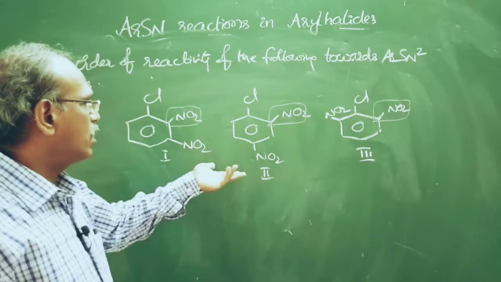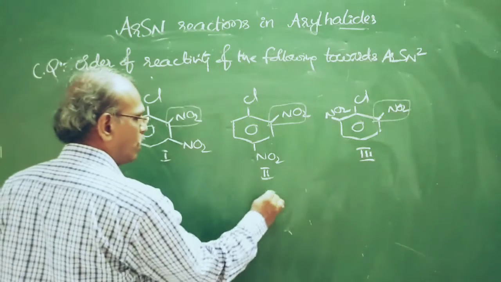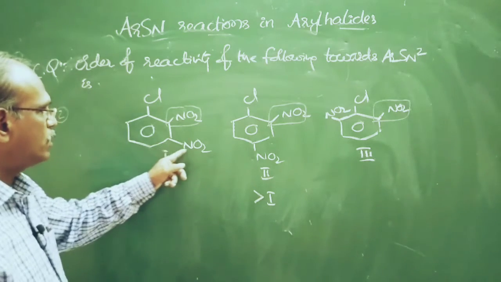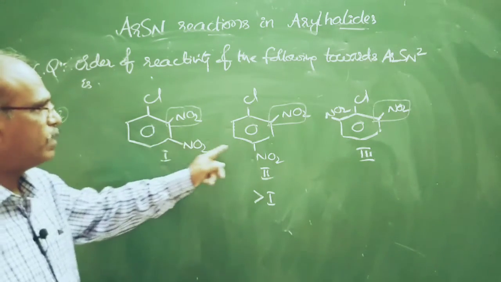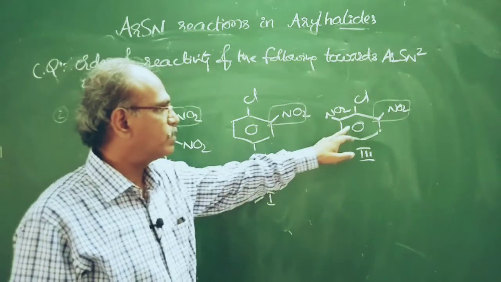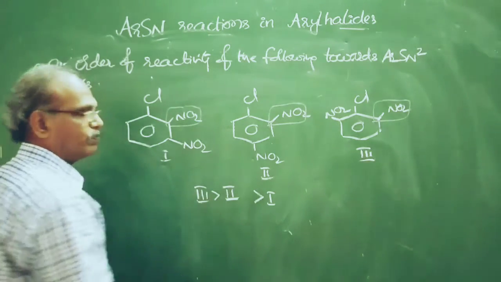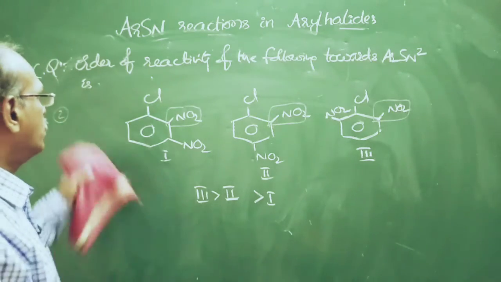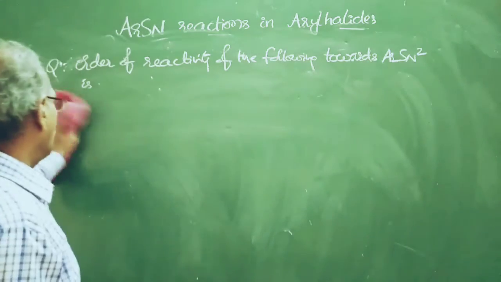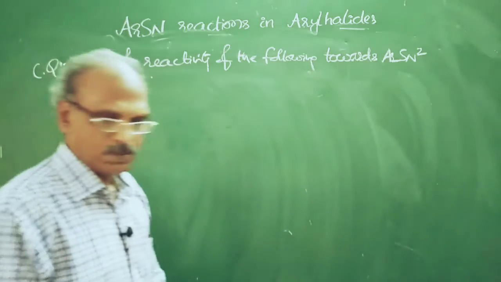So again this is like first problem. See, among these three, this is least reactive because it is at meta position. Carbanion is not stabilized by minus M effect, but these stabilize the carbanion by minus M effect. Based on minus I effect, this is more reactive. So 3 is greater than 2. Okay. So in the same way, if the number of electron withdrawing groups increases, reactivity increases.